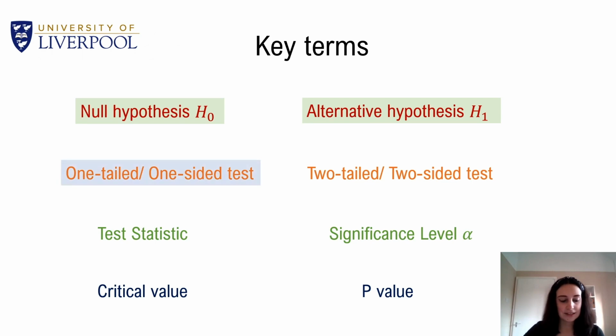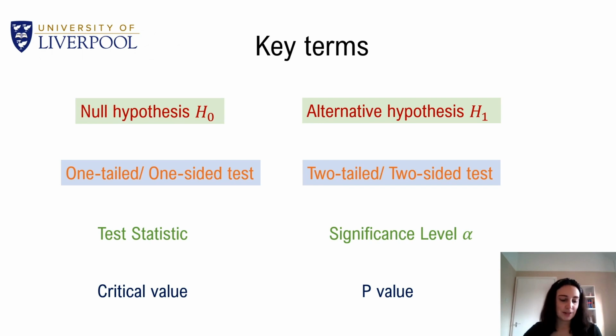One-tailed or one-sided test. A one-tailed test looks at whether the specified parameter is either bigger or smaller than some hypothesized value. If the parameter value is suspected to be less than the hypothesized value, we say it is a lower-tailed test. If the parameter value is suspected to be bigger than the hypothesized value, then we say it is an upper-tailed test. Two-tailed or two-sided test. A two-tailed test looks at whether the specified parameter is different from some hypothesized value. It looks at both tails to check which way the difference in the parameter value might be.